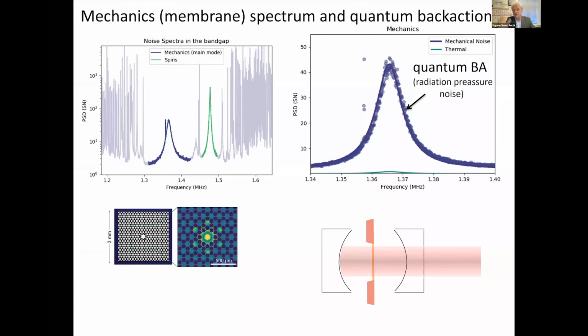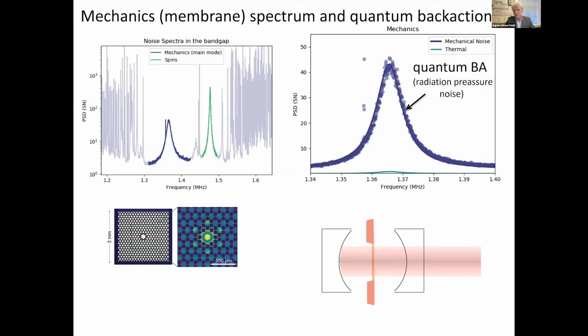So instead of measuring the motion, I would actually make this motion more uncertain and more chaotic. It's as if I'm heating it up with the quantum fluctuations of light. The mechanism for it can be attributed to the radiation pressure. You can think of it as photons bombarding this membrane